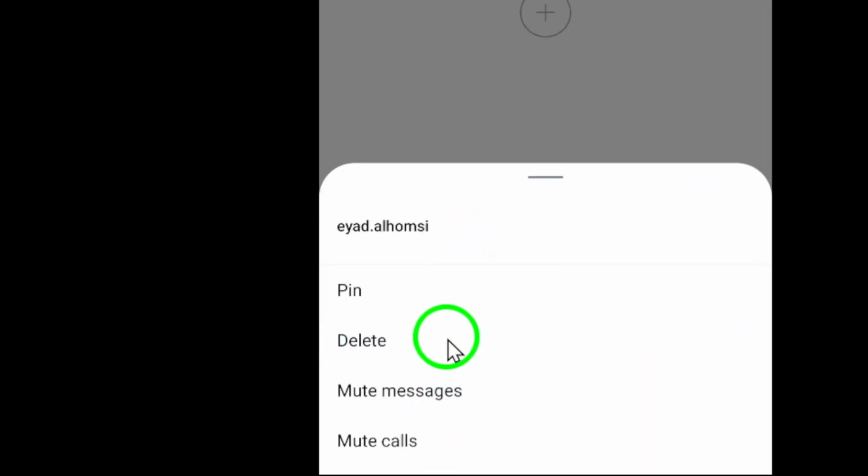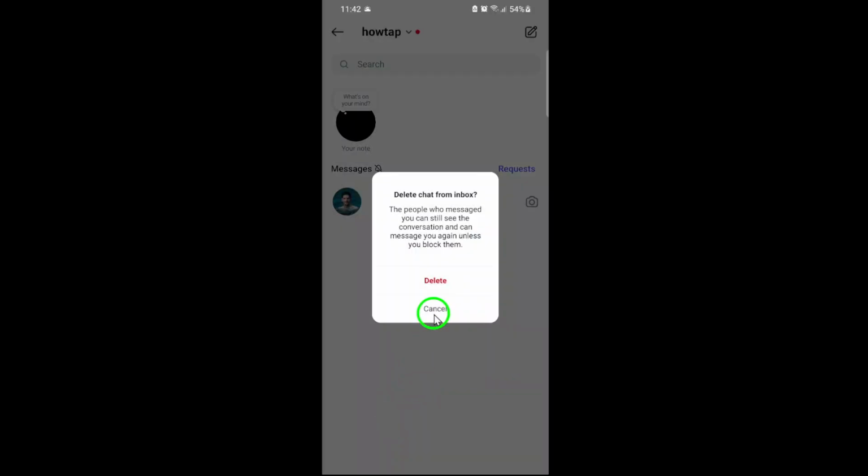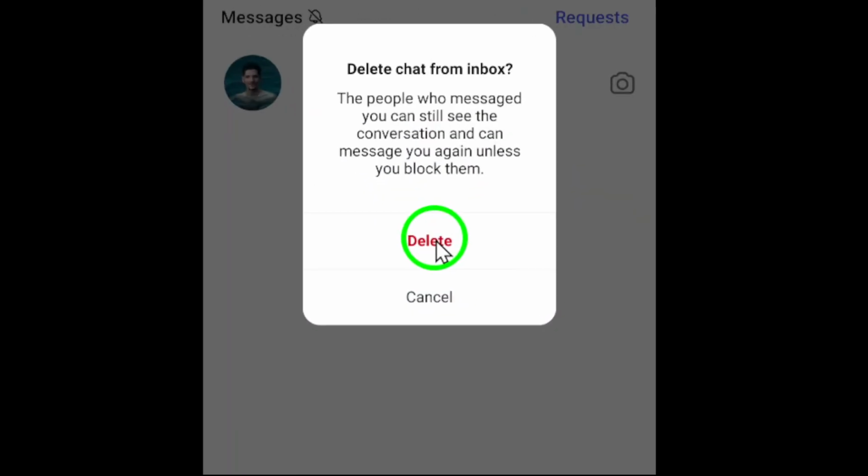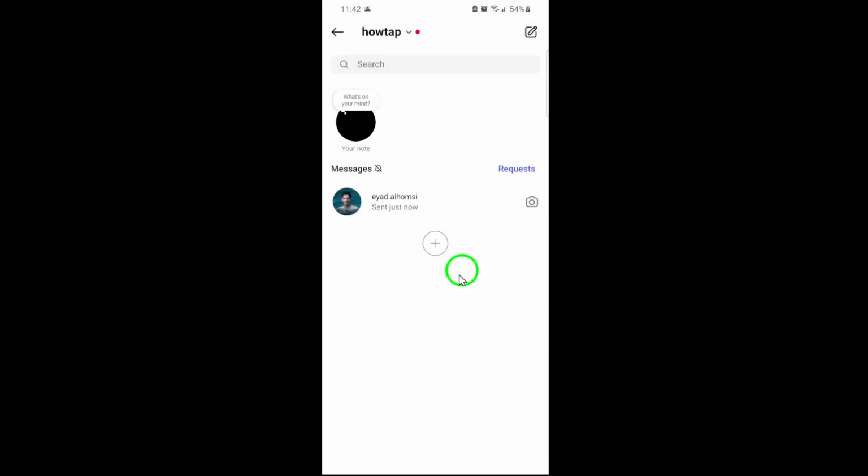Instagram will usually ask you to confirm your choice, reminding you that deleting a chat will only remove it from your own inbox. The conversation will still be visible to the other person unless they delete it too. If you're sure you want to proceed, tap Delete again to confirm. And that's it. The chat will instantly disappear from your inbox, giving you a cleaner and more organized direct messages